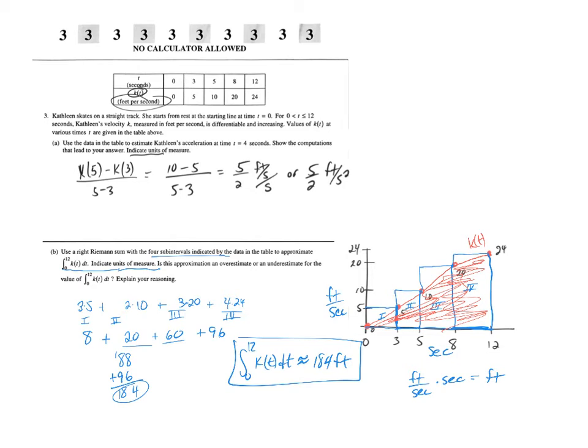It does say, is this approximation an overestimate or an underestimate? Well, it's really clear from my drawing that the blue region is considerably larger than the red region. Now, to explain your reason, we could say this is an overestimate, and again, the fact that they told us that the velocity function was increasing, you can see that as if we know the function's increasing as it moves up through these points, if we're using right endpoints,